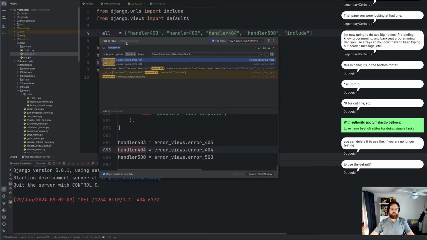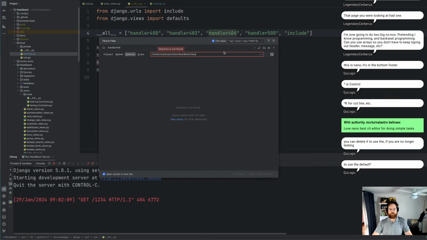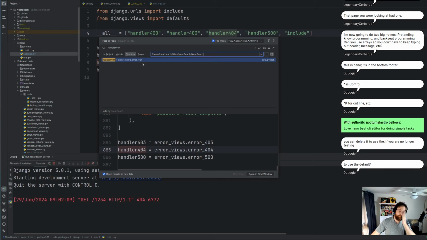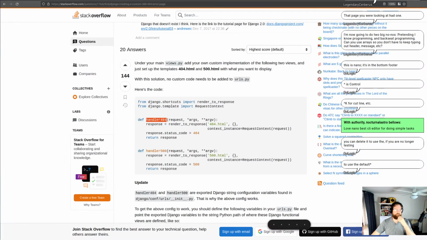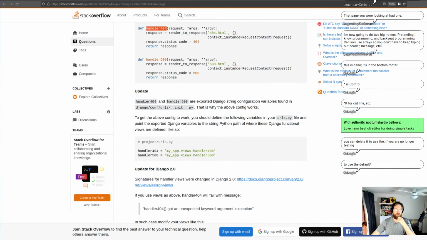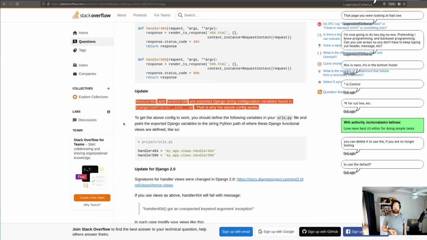Alright, this isn't it. This is outside of where it needs to be. So I'm going to write in NearBeach in here. And we've only got one location, which is here. The 404 and error handlers are exported Django string variables. That's why the above config works. To get the above config to work, you should define the following variables in your URLs and point the exported